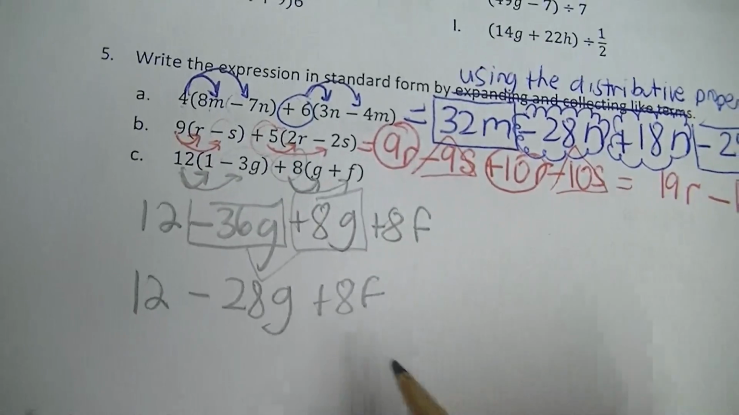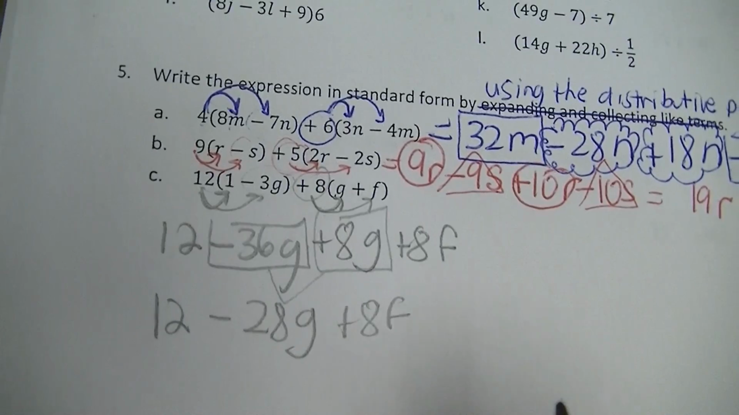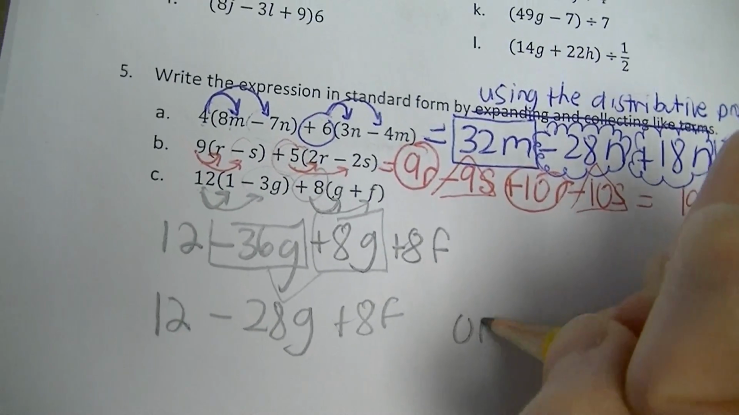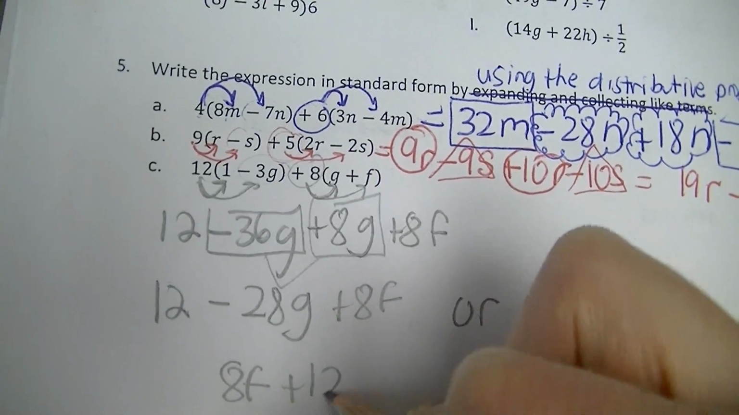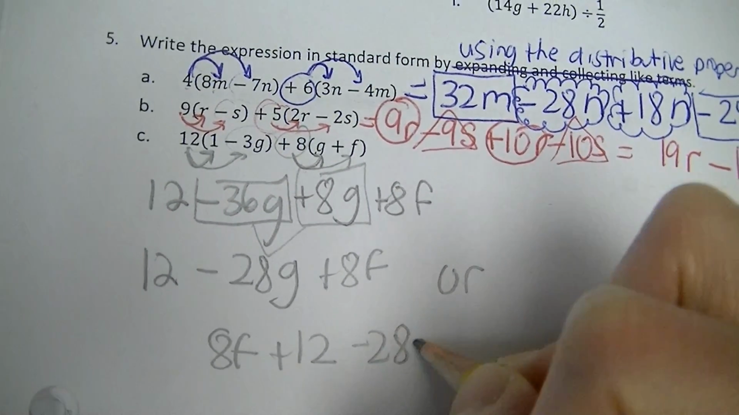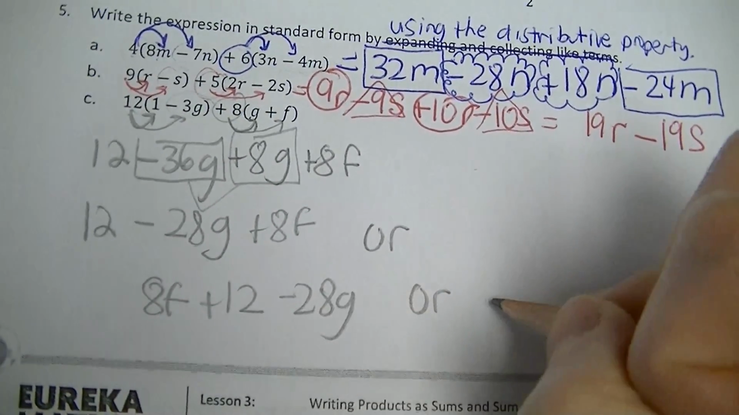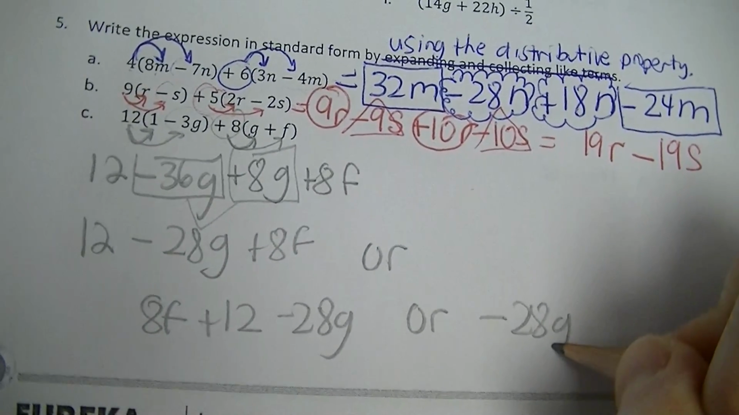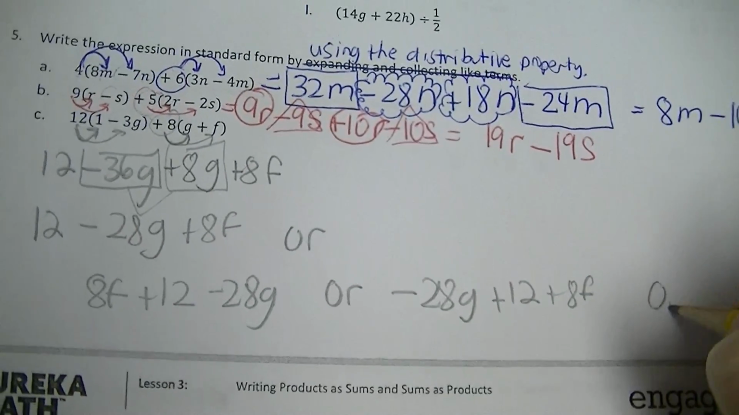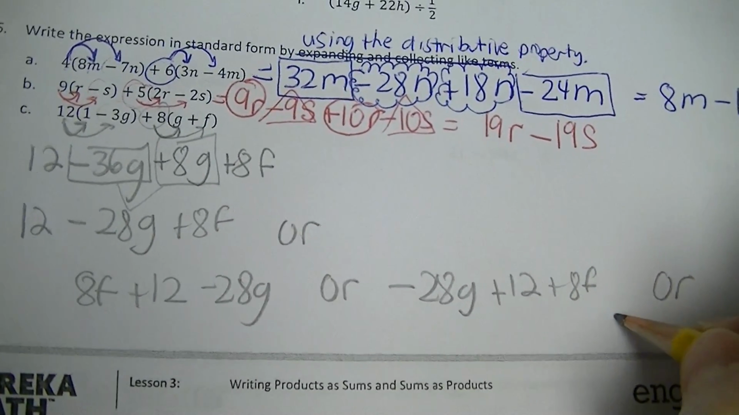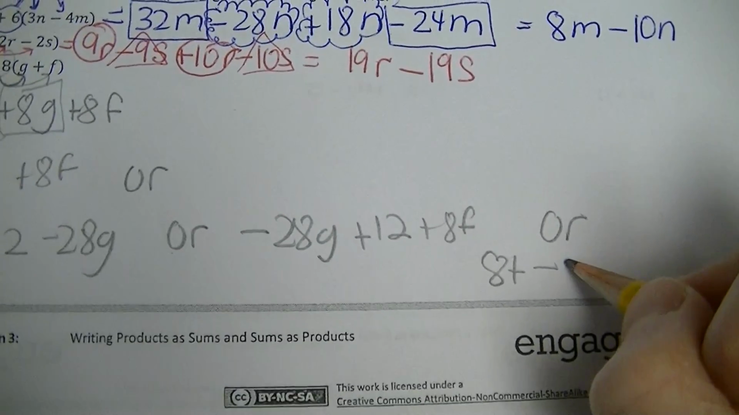Okay, so that's one way to write it, but you should also know that you can switch around the order as long as you keep the symbol directly in front of the number, okay? So I could write it like this, or I could write the 8f first, that positive 8f, and that positive 12 next, and then that minus 28g. That's one way to write it, another way to write it. Or if I want to switch the order, I can do negative 28g, because I'm keeping the sign in front of it, plus 12 plus 8f. Or we can also represent it, let's go with 8f first again, and then minus 28g, that's an f, sorry,